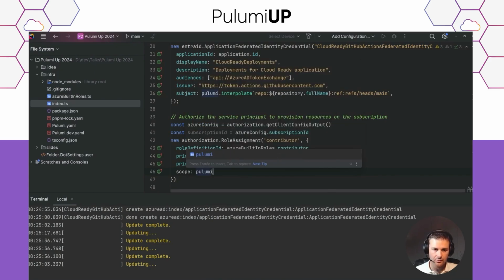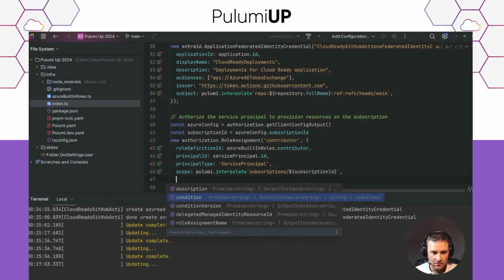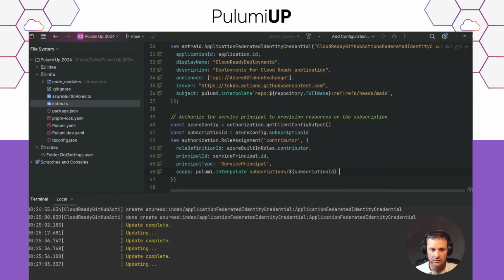So we have to do a Pulumi interpolate because the subscription ID is an output. Subscription ID. Description, I think we did everything. Okay.